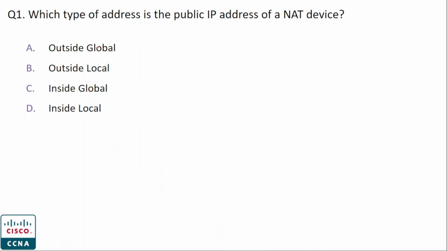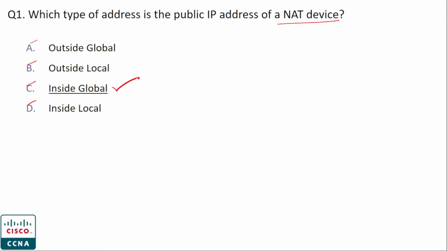Question number 1. Which type of address is the public IP address of a NAT device? Network address translation device, and the options are option A outside global, option B outside local, option C inside global, and option D inside local. And the correct option is